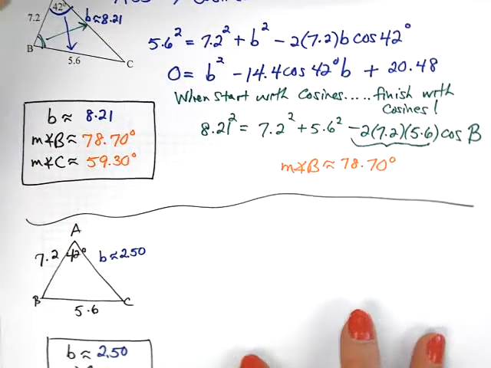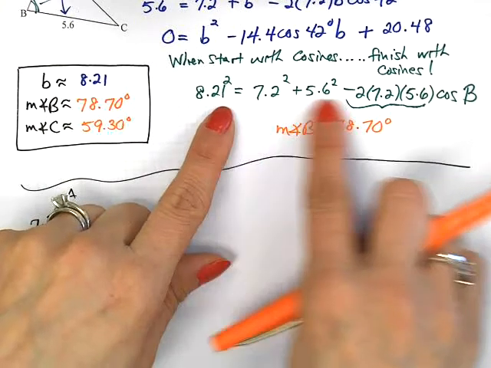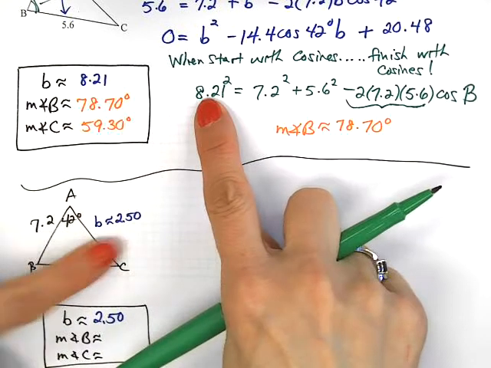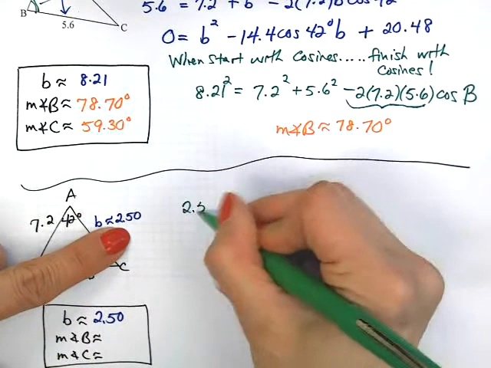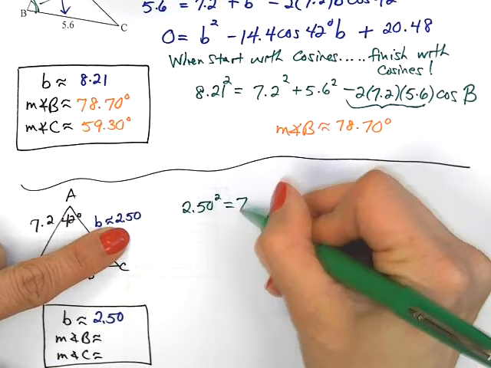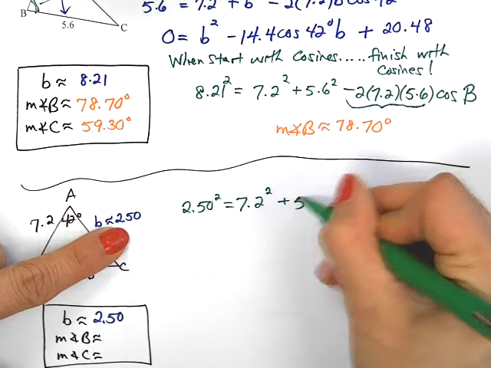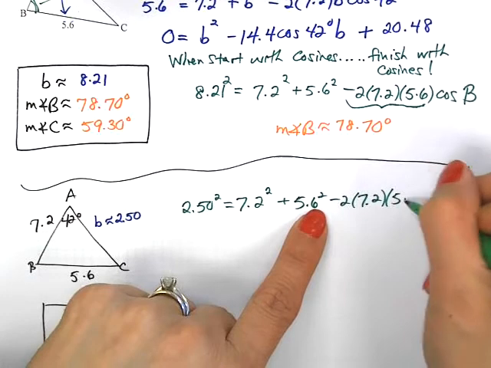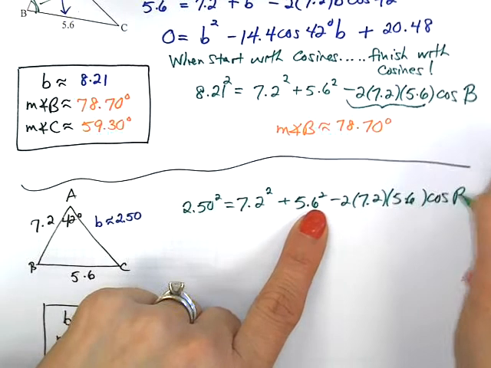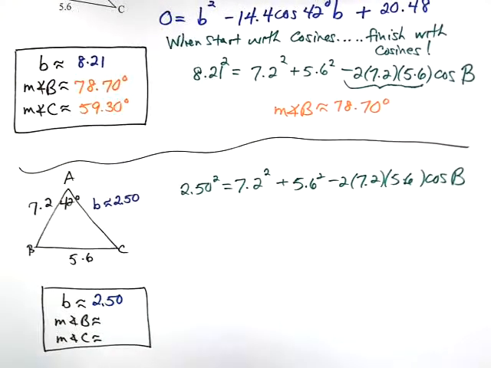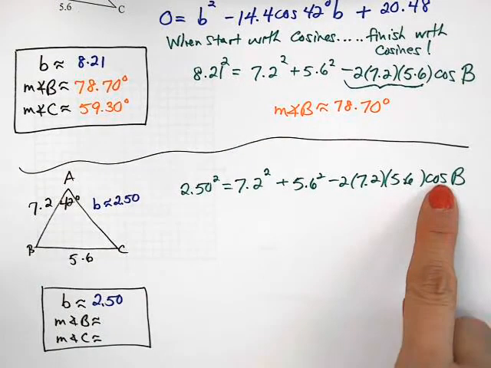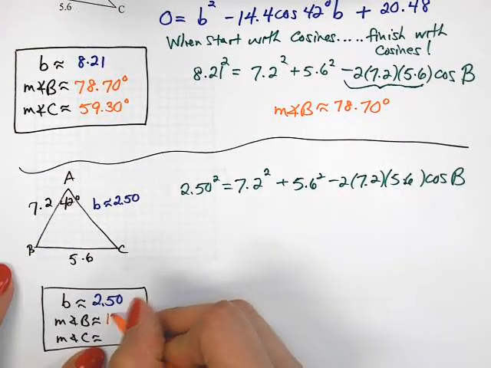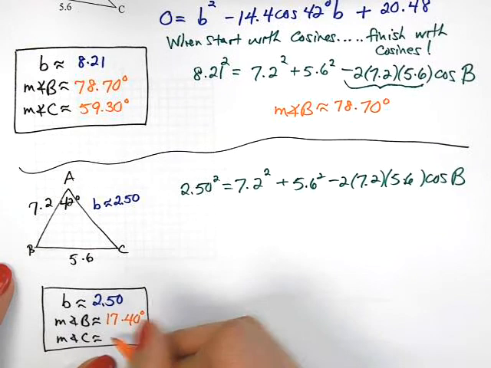To do this one down here, we're going to start with the same exact setup that we had, that green equation, except our side little b this time is 2.50 squared. But the rest of that law of cosines formula is all going to be the same. 7.2, 5.6, cosine of angle B, and you use your calculator, cosine inverse to find an angle. Cosine inverse, and I hope that you get 17.40 and